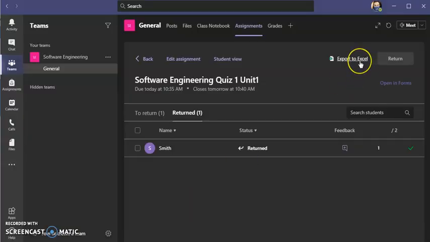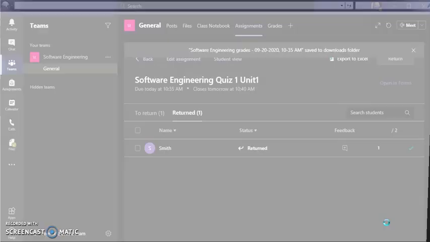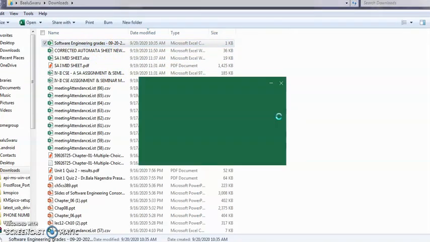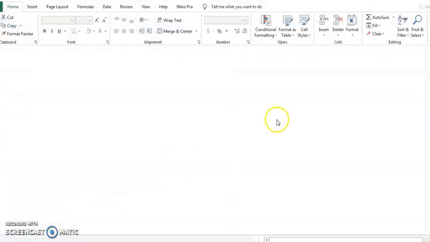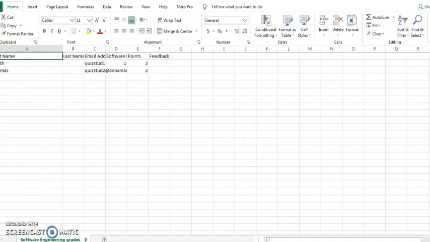You can download all the grades in one go by clicking this particular option, export to Excel. Okay, it is downloaded. If you click it, so this is where you have the graded Excel sheet. I'll show you how the graded sheet looks like. So see, here's Thomas.